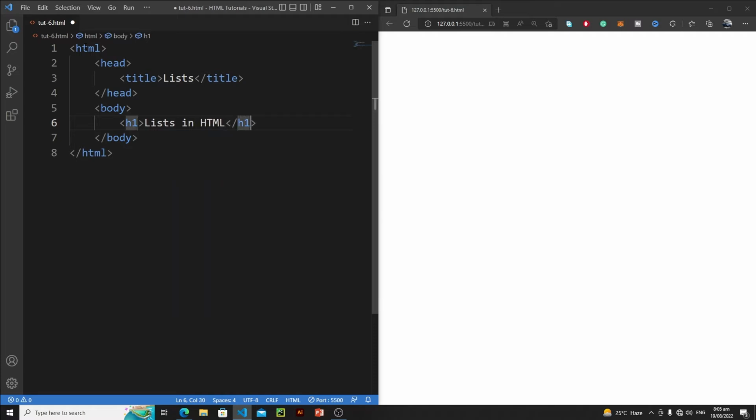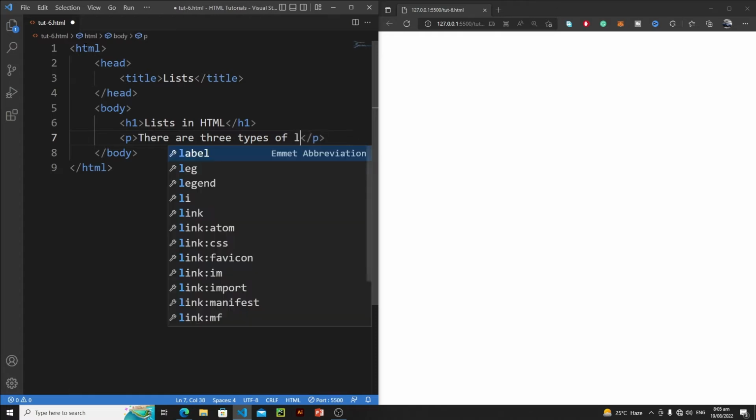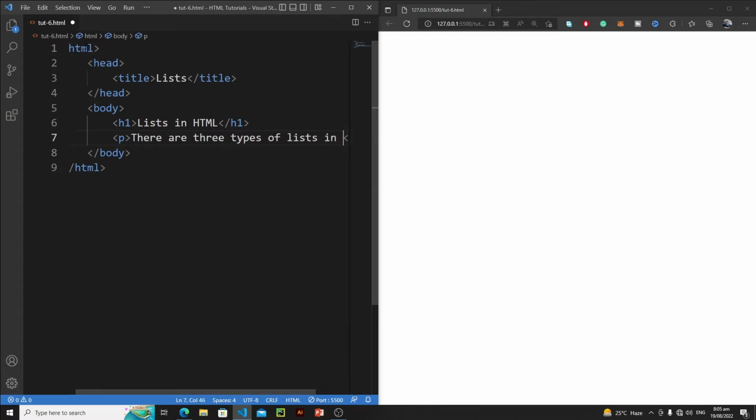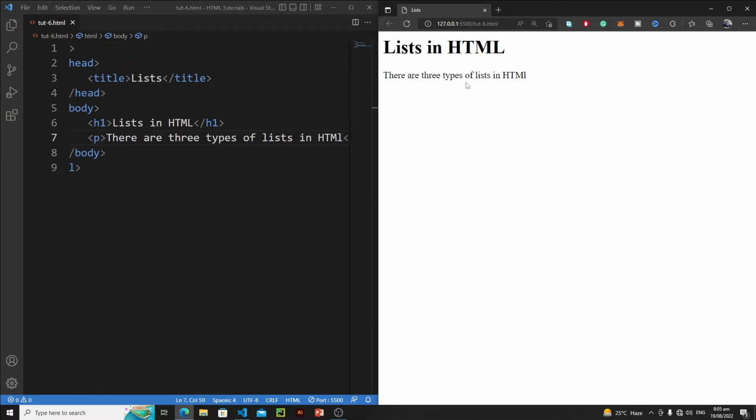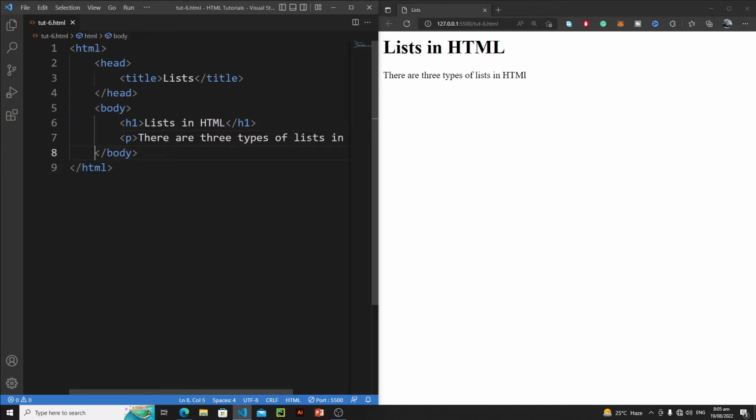Okay, so lists in HTML, and let me write here a paragraph tag and I'll say there are three types of lists in HTML. Let's save it. Let's reload it. Okay, so we got our heading, our paragraph, and now let's write here our first list,